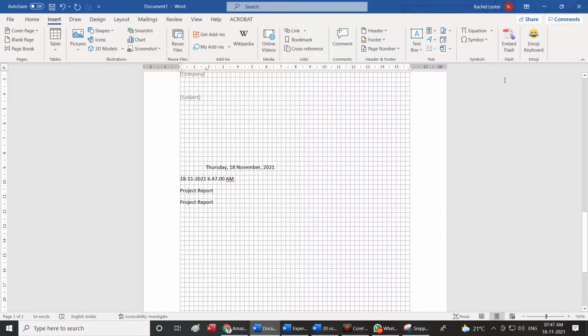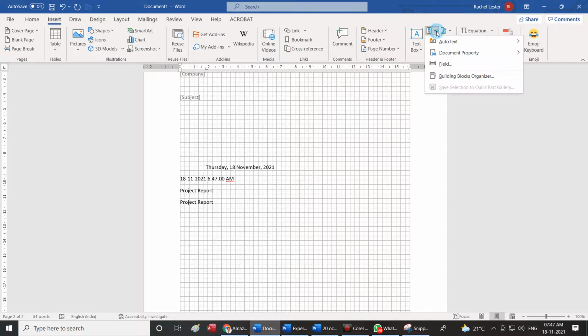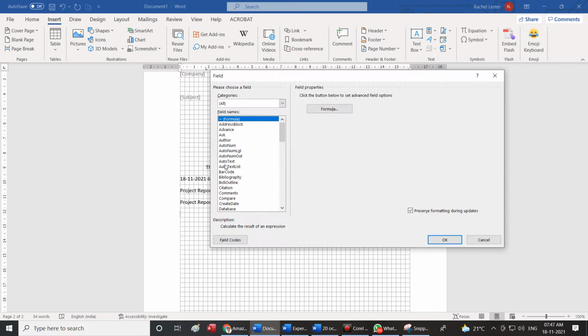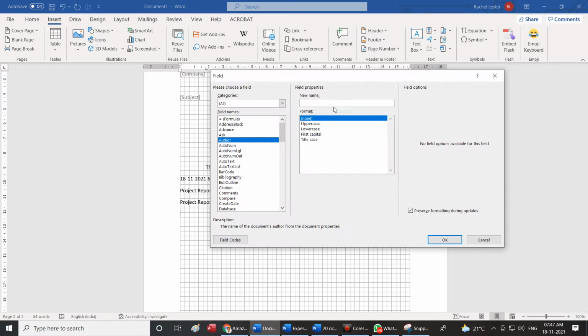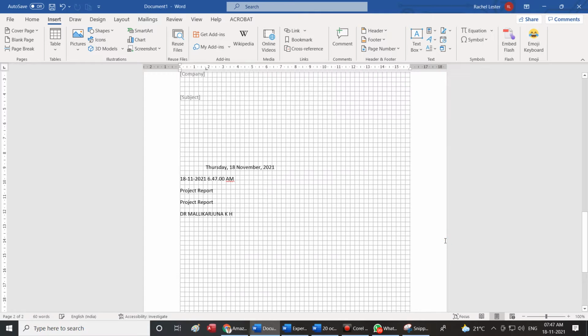Okay, who is the author? Every time I come to field, I go to author, none, uppercase, lowercase, capital, title case. We'll keep it as uppercase, and the title is Dr. Mallikarjuna KH, and I say okay.